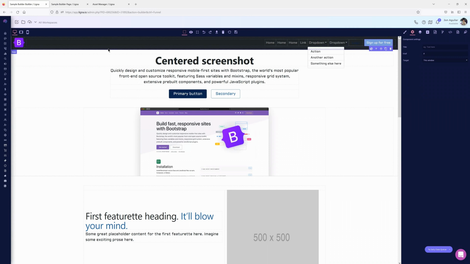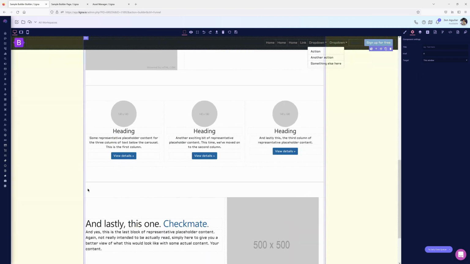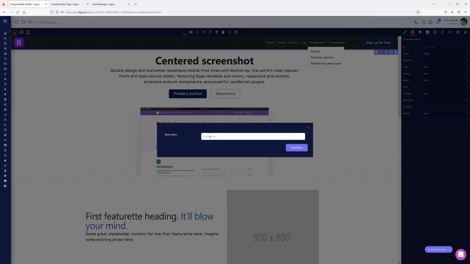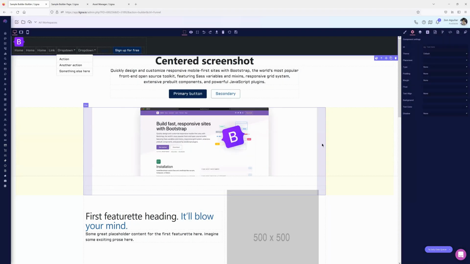Global blocks. If you use our system out of the gates, our themes all already come with a header global block and a footer global block. If you're building something from scratch and you want it to show up on every single page, when you select this actual nav here, you can click on this icon right here, and this will pop up a block name. In this case, I would just call it header or whatever. When I add this block,